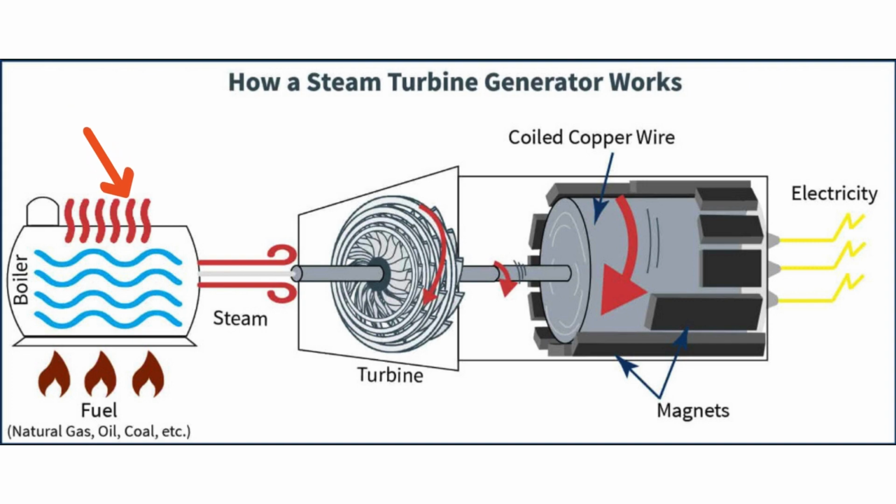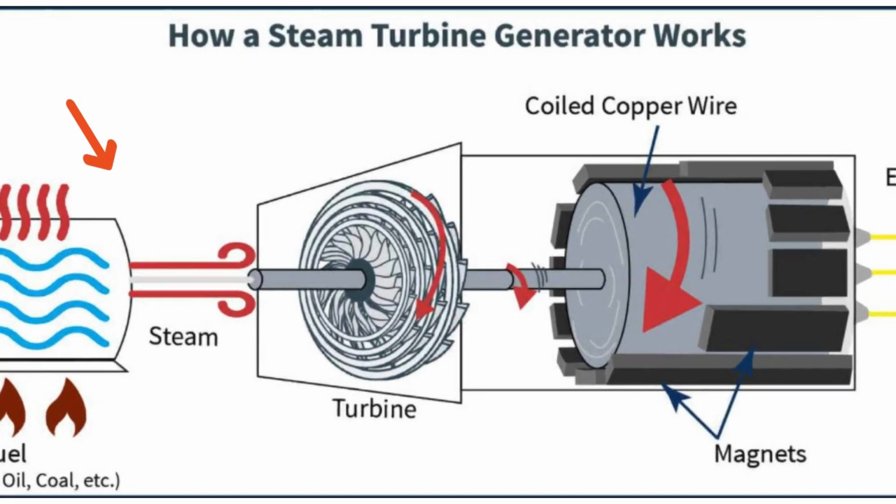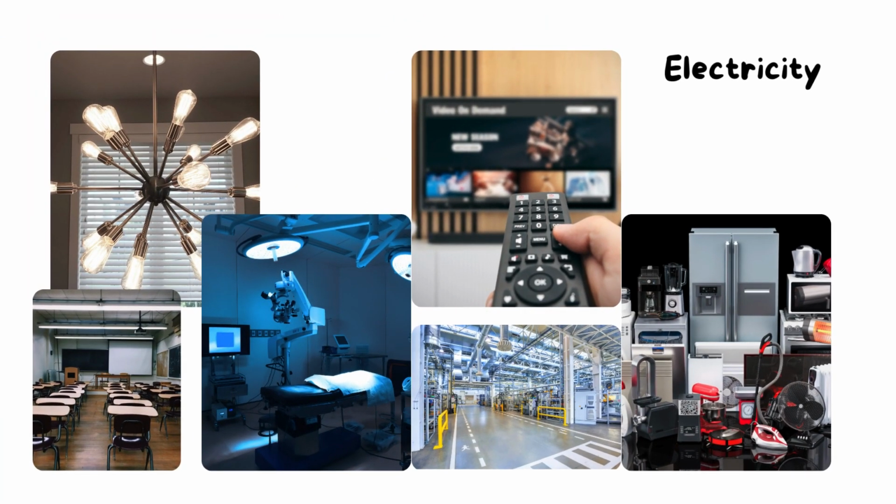Yes, heating water, and the steam causes the turbine to move and the generator turns on, and here we get the electrical energy that we use in houses for lighting, and in schools, also hospitals, and to operate many devices, okay, such as televisions and appliances, and to operate the devices in factories, okay, and in